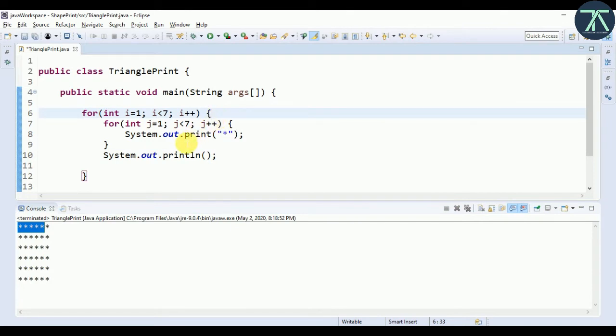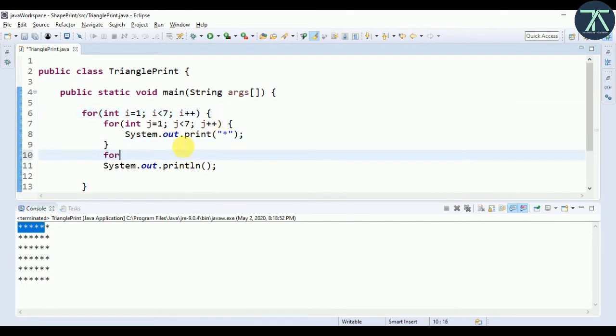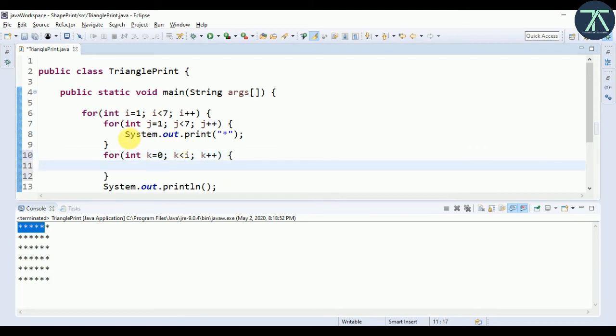So now I am going to declare another for loop with another new loop variable. Initially it is 0, and I declare k less than i and k plus plus, and inside of this basically we are going to print the star. So I just print over here, and this for loop should be responsible to print spaces. So first we will print space, then we will print star, but we need to calculate how many spaces we actually need before printing a star.